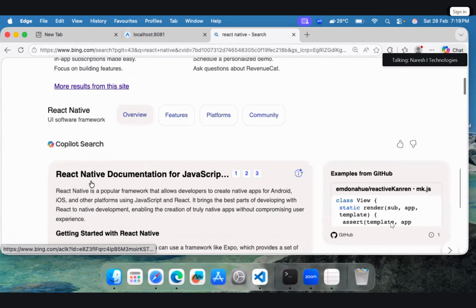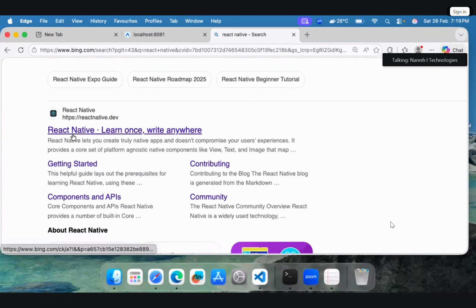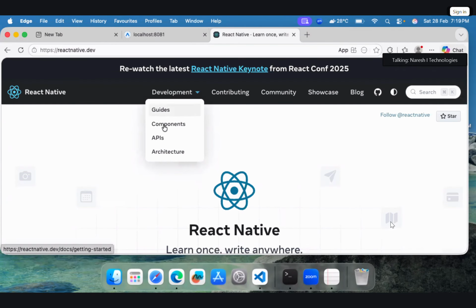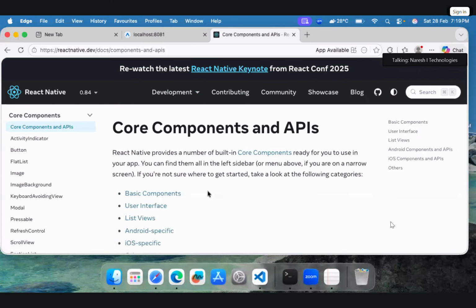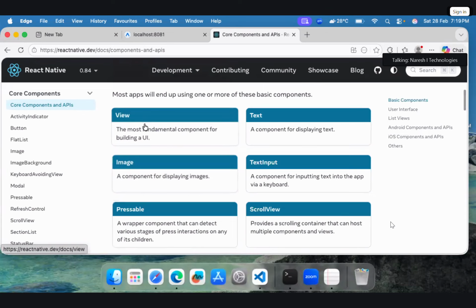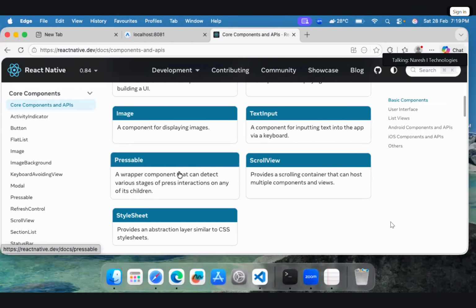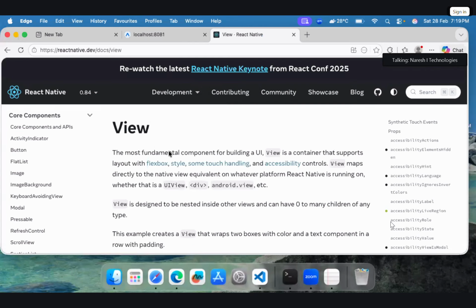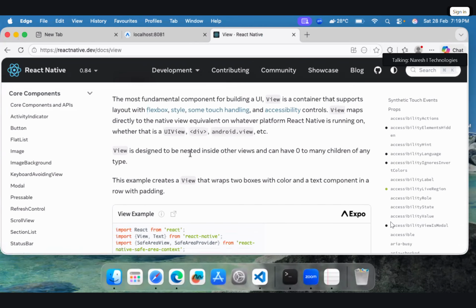Officially, when you go to components, these are the components they have: view, text, image, text input, scroll view. What is the purpose of view? In your general web, it is a div.